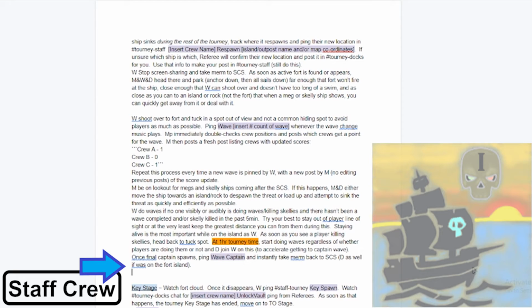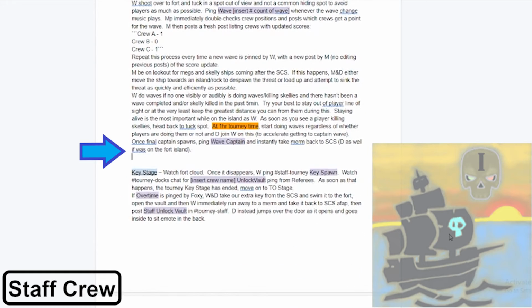And Merm back to get out of the way of the PvP, because this is a very important and sensitive moment when the competitors will be trying to gain possession of the key in order to score points for the key and have priority over what happens with the loot once the vault is open. And the doubler moves with the waiver back to the ship if the doubler left to the fort island with the waiver. This moves us to the key stage once the fort cloud disappears, and basically when that happens, the